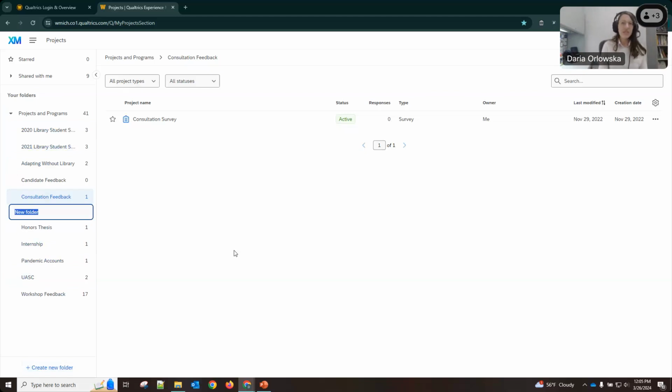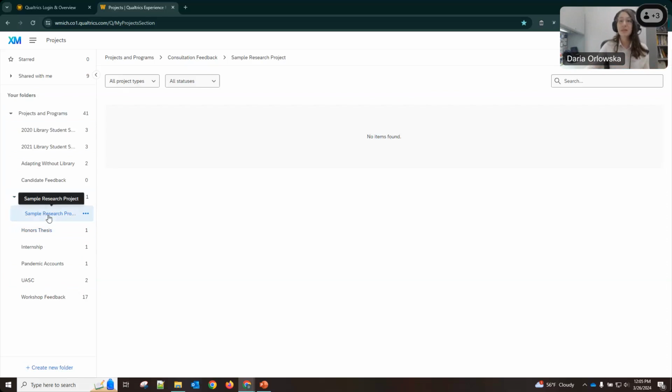I'm going to type in sample research project, just because I don't have a title for this demonstration, but you can type in any sort of abbreviation that will help you remember your project. Then I'm going to put it under project and program.